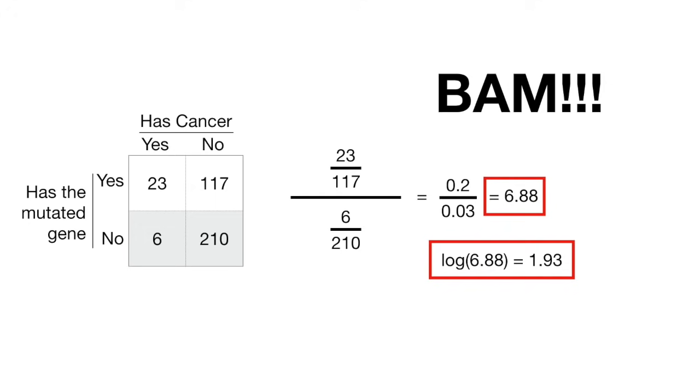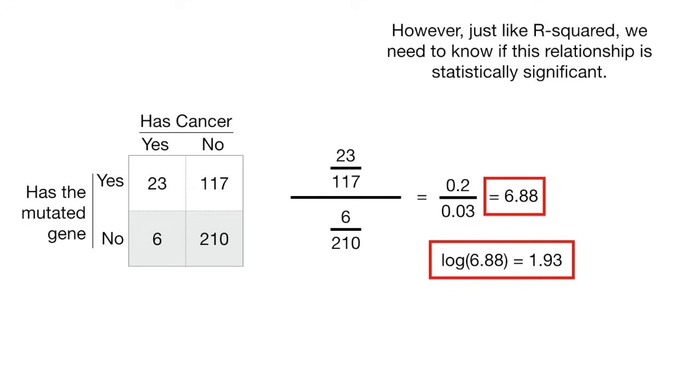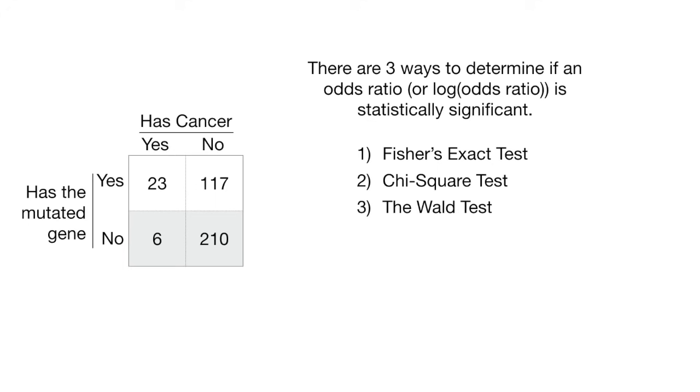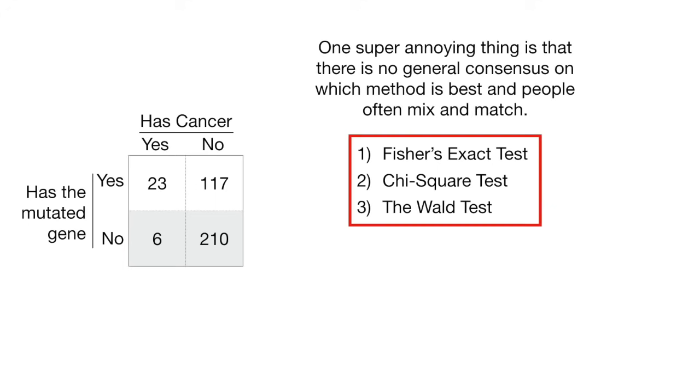Bam! However, just like r squared, we need to know if this relationship is statistically significant. So let's do it. There are three ways to determine if an odds ratio, or log of an odds ratio, is statistically significant. 1. Fisher's exact test. 2. A chi-square test. And 3. The Wald test. One super annoying thing is that there is no general consensus on which method is best, and